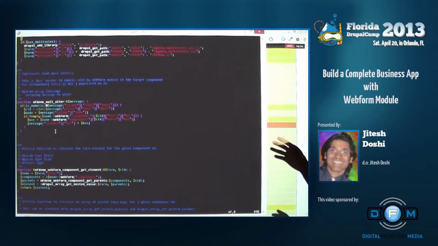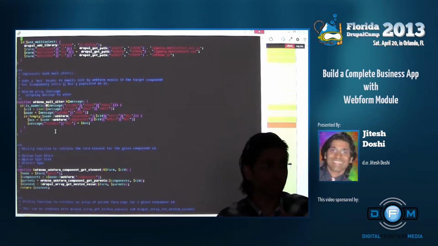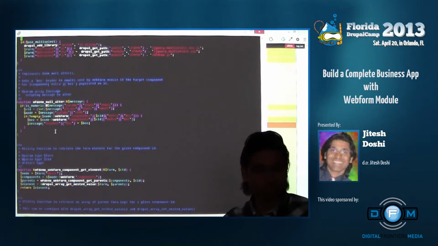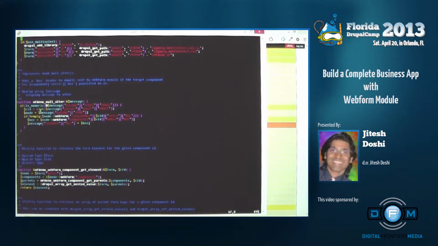Drupal is giving you a chance to alter an email that is going out. Whether your module existed or not, Drupal and Webform was anyway going to send out an email. Now this is your chance to alter that email just a little bit. So what we are doing here is, we are saying that if